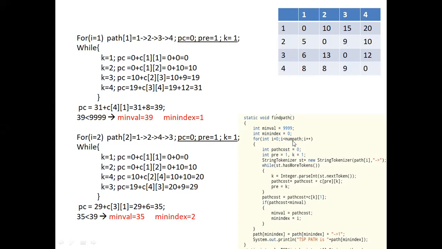So, until we reach i value equal to 6, the i value goes on incrementing. Initially, we start from path of 1. Then each vertex of path of 1 will be broken into individual tokens by using this string tokenizer and this while loop for has more tokens. At each step when we take individual tokens, then we will